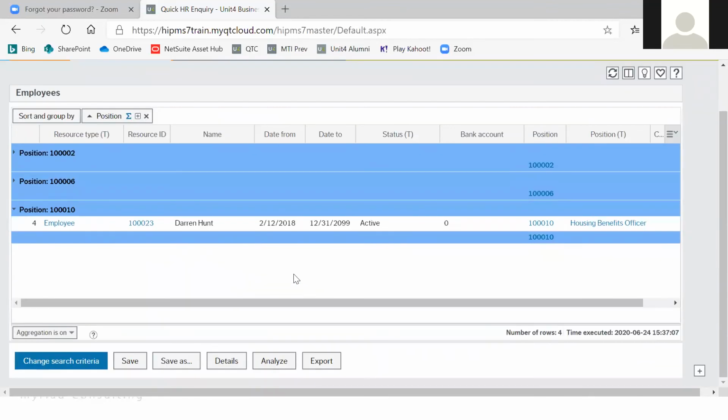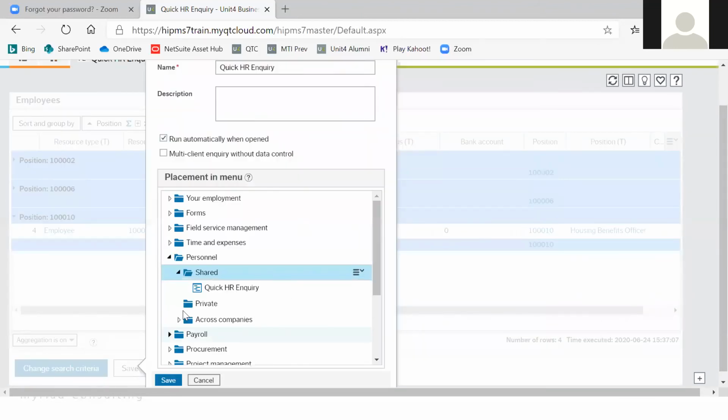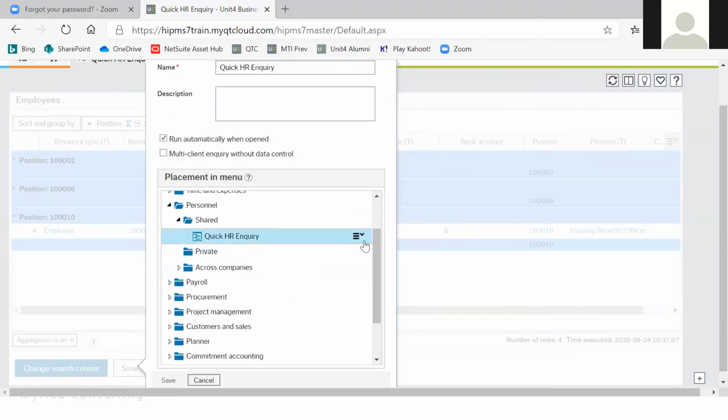If I want to remove a browser template, then I come into here, and I can click on this and remove, and that will remove the browser from the inquiry. Okay,